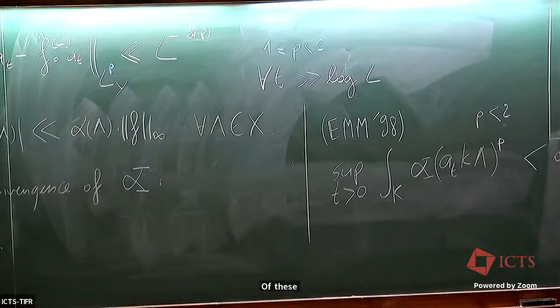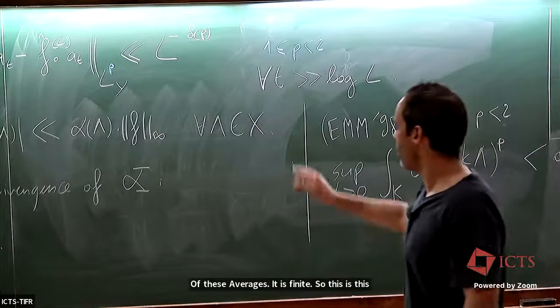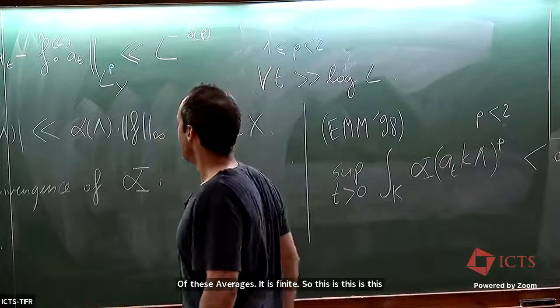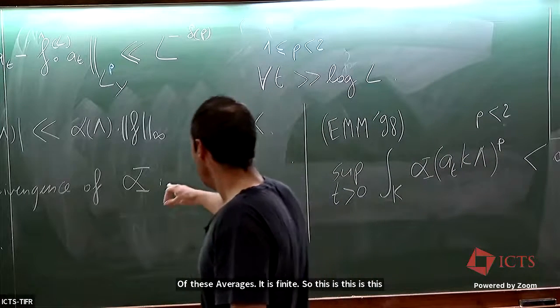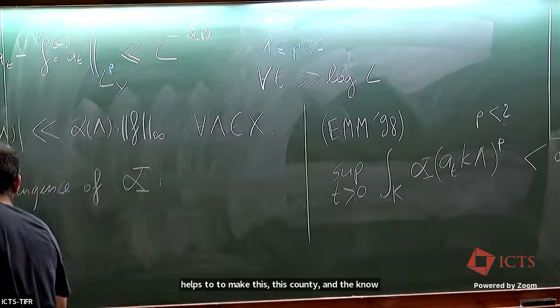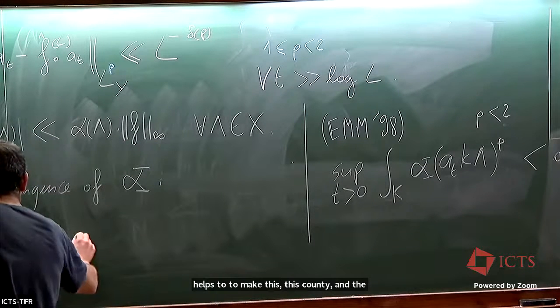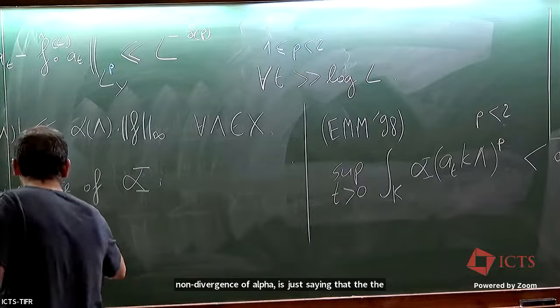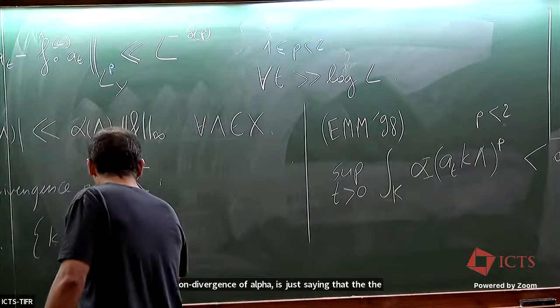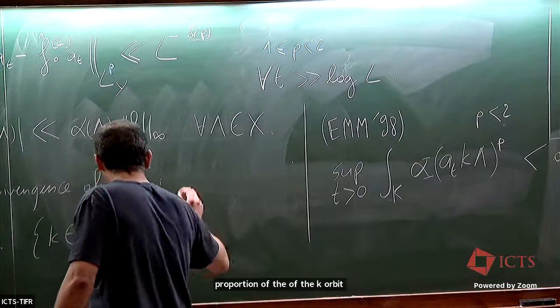So this helps to make this boundary. And the non-divergence of alpha is just saying that the proportion of the K orbit which is high in the cusp,